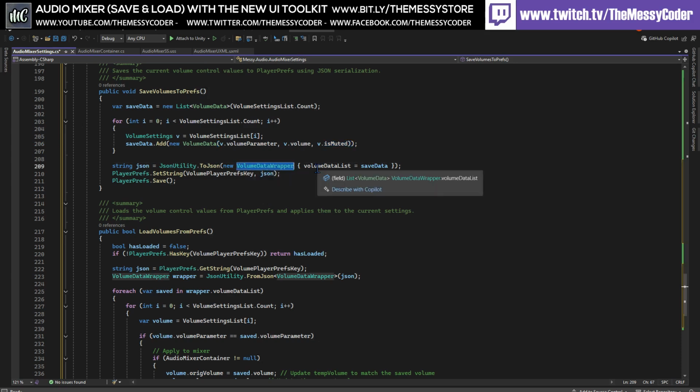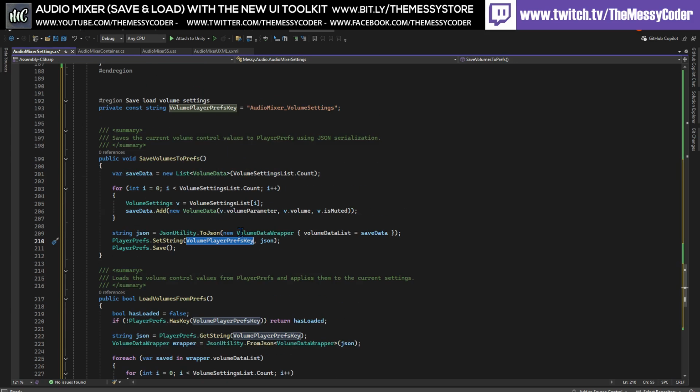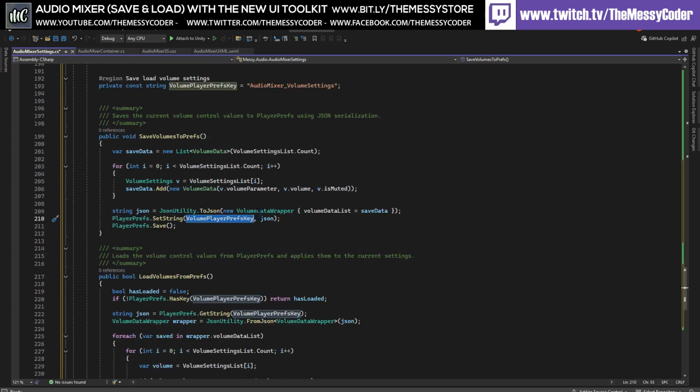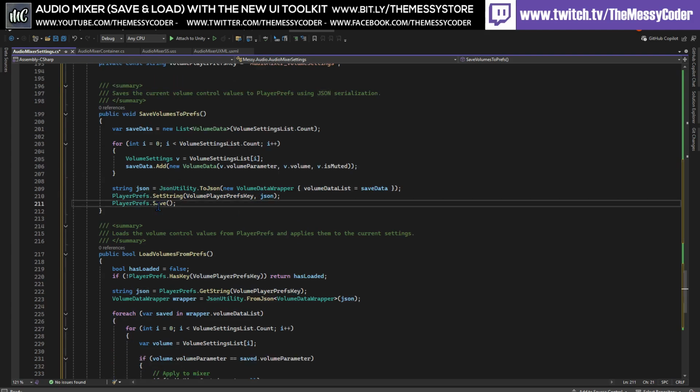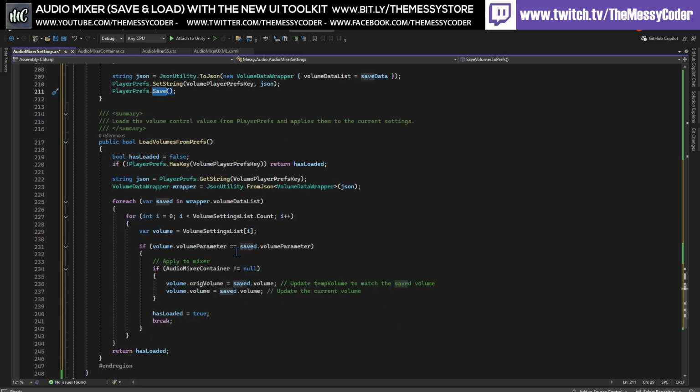So we've got our wrapper, and that is that parent with all of the lists in. And now we're going to save it using this key up here, and our JSON data that we've created, and we're using player pref saves. And basically the load is in reverse. So we're getting it